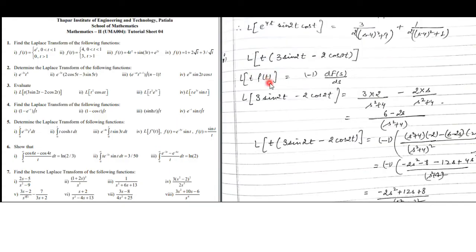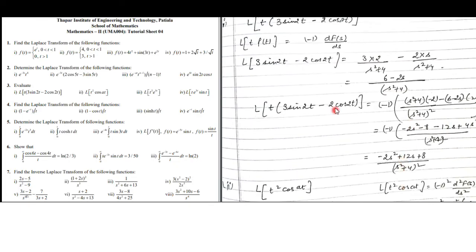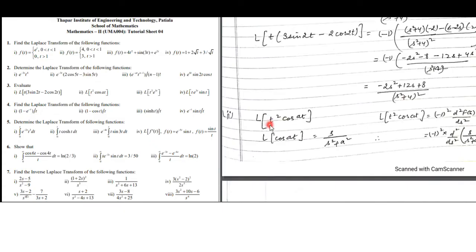into the nth derivative of the function with respect to s. So we will find out the Laplace of f(t) first. Here it is multiplied with t only, so we have to take the first derivative only, with a negative sign. So first we find out the Laplace of it and then take its derivative. That will be the Laplace of t into f(t). Similarly, in the second part, t square means we have to take the derivative 2 times. So first we find out the Laplace of cos at and take its second derivative.